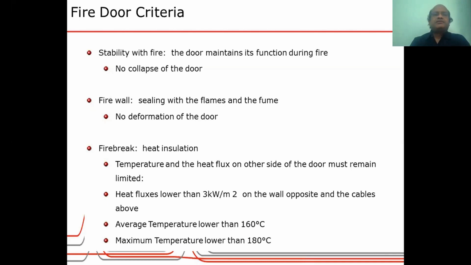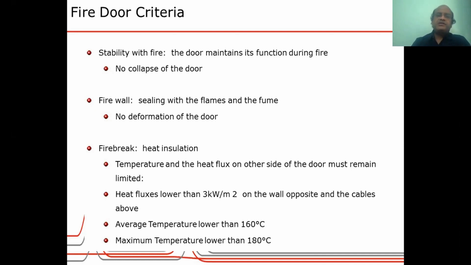So the criteria is that the door should maintain its function during the fire. The door should not collapse, and there should not be any deformation of the door. That seal should work even in the case of fire. Actually, the seal should close any existing gaps and prevent the smoke from escaping from one region to the other,